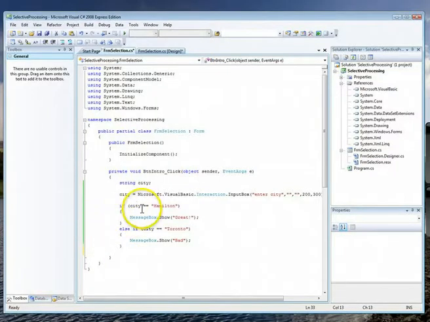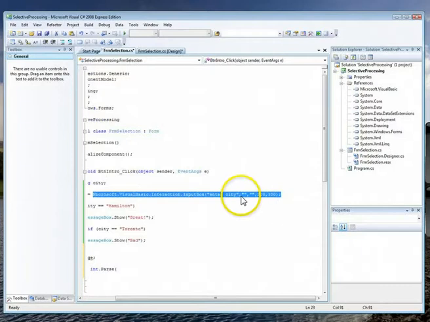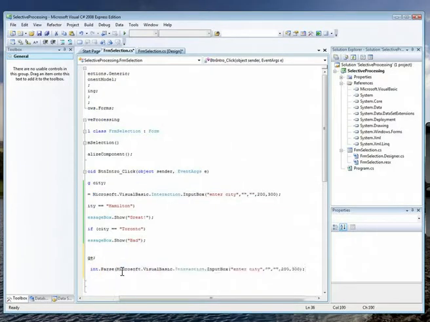Okay, so just to review, when you're comparing things, you use two equal signs, not one, which is kind of weird. But now let's do the same kind of question with numbers, and we're going to ask for a person's age. So we're going to say integer age, and then age equals int dot parse bracket, and I'm going to save myself some time and copy this whole thing up here. Okay, and I'll paste it inside of there. Of course I've got to change the words on it. Put a little extra bracket there, and I'm going to say enter